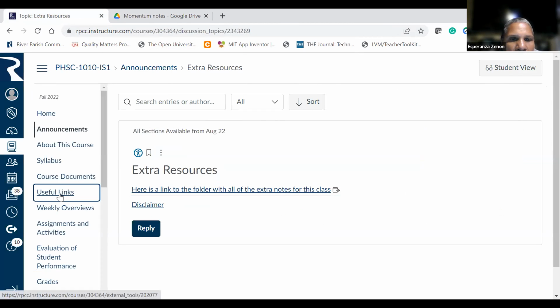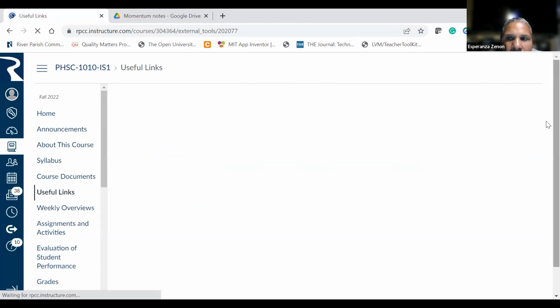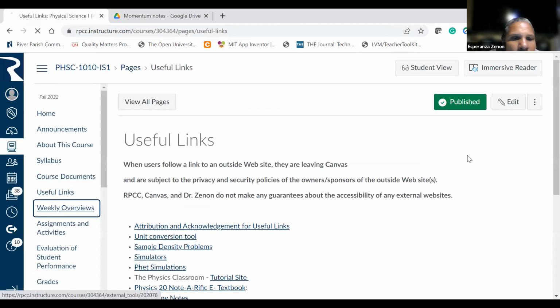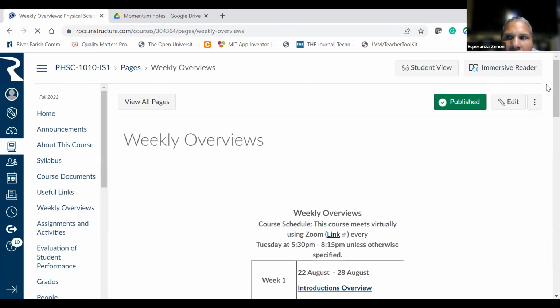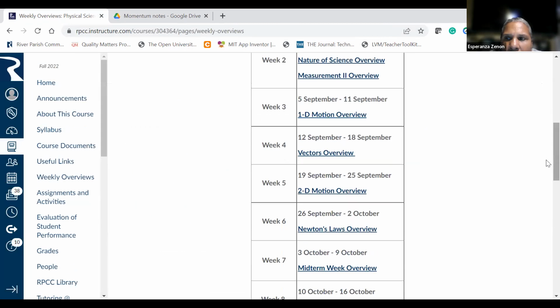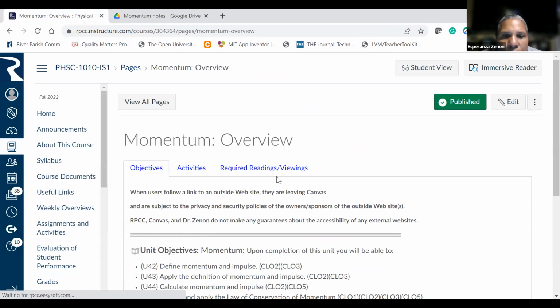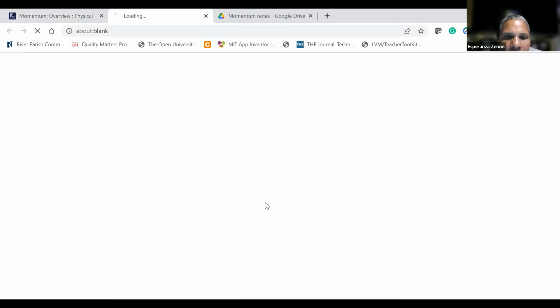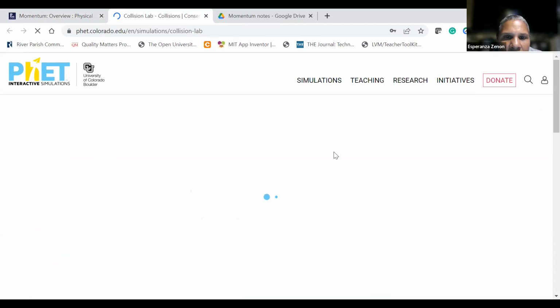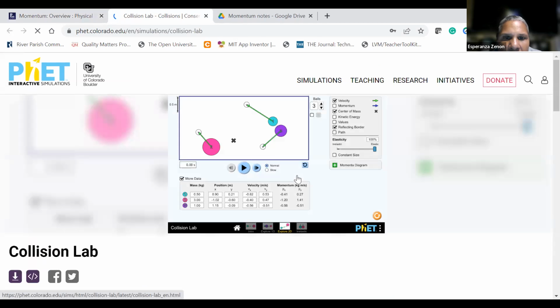The other thing that's really, really nice as a visual, and in fact, it's in the weekly overviews for momentum, so I'll just go right there. And that is the visualizing collision simulator. So you might want to try that out. And it's really nice because you can see